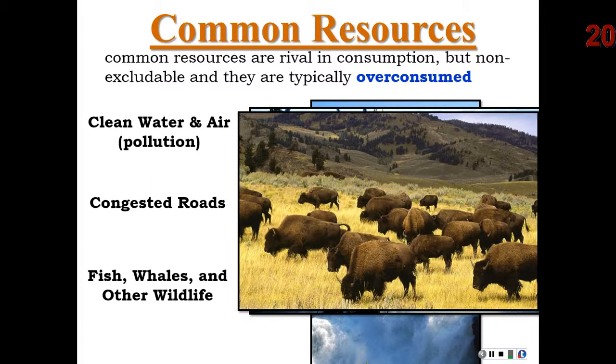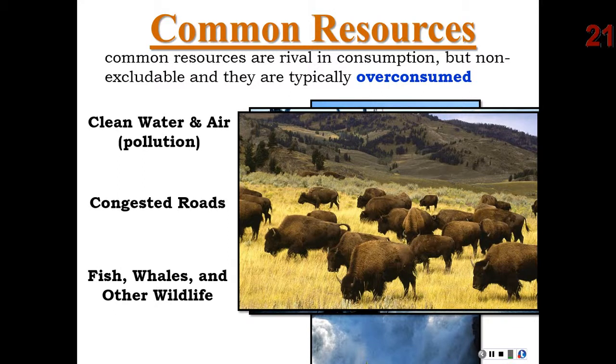Okay, another good example, from history. How about bison? From the 19th century and even before that, right? I mean, they used to be very plentiful in this nation. Now on the verge of extinction. Why? Well, an easy way to understand it would be the tragedy of the commons. These were common resources. Buffalo killed by poachers were now buffalo that didn't exist, right, and couldn't reproduce and so on. But there was really nothing excluding these people, the Westerners and so on,